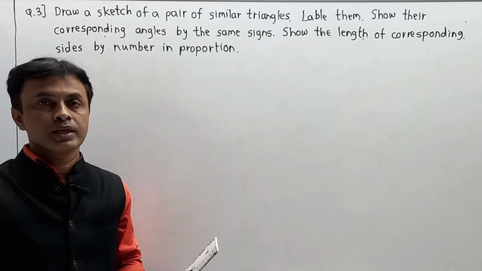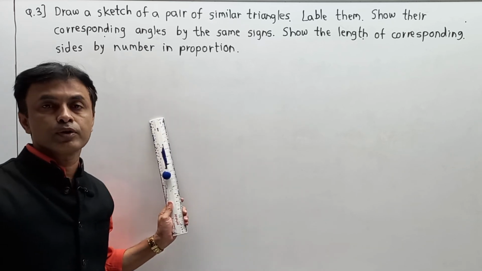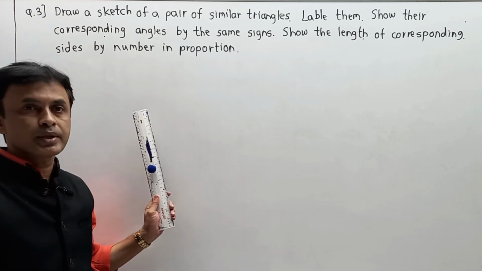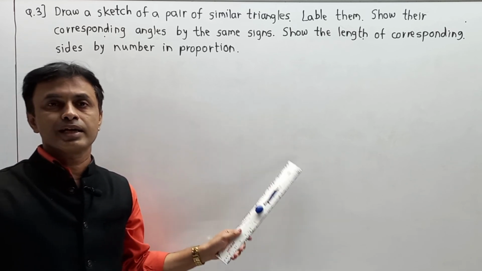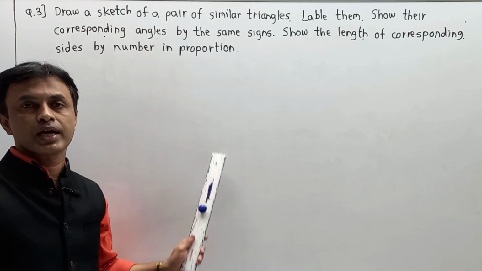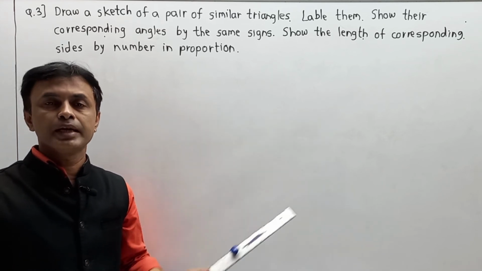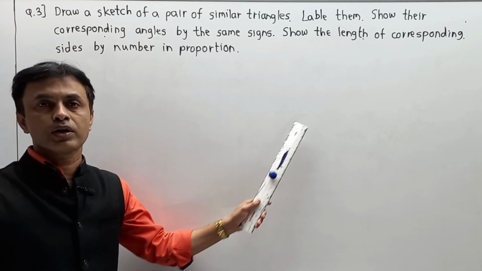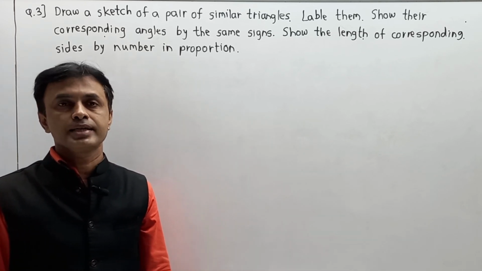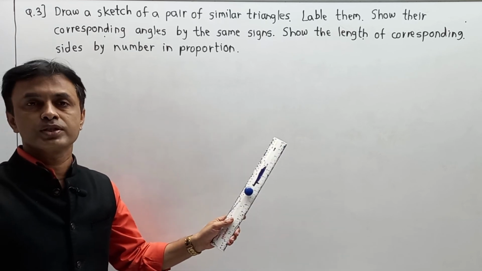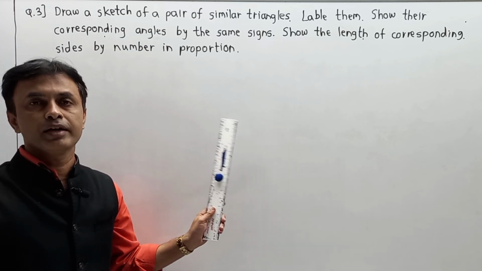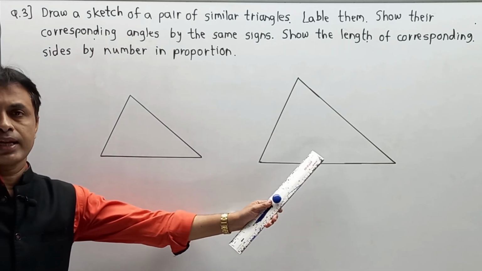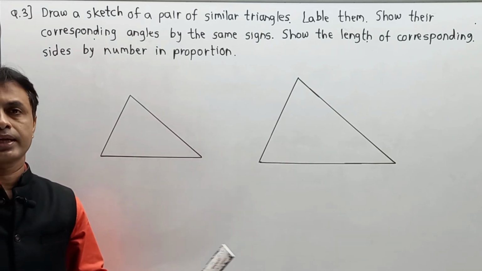Now remember student, they have not given any condition. First of all, we have to draw two triangles, and they should definitely look similar. It may be possible that some students draw the first triangle greater and the second smaller, or the first smaller and the second larger. It depends upon you. Rule number 2, you have to show that the three angles of the first triangle are congruent with the three angles of the second triangle and the sides are in proportion. So we are going to draw one sketch of two triangles and identify them in terms of similar structure. Now here we have drawn two triangles somehow looking similar.